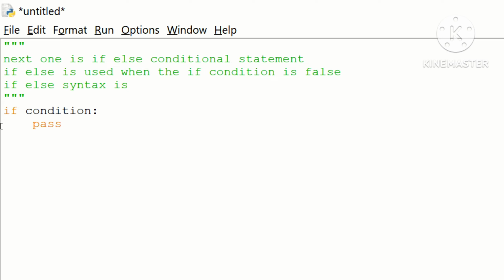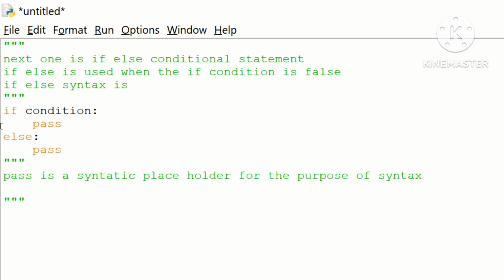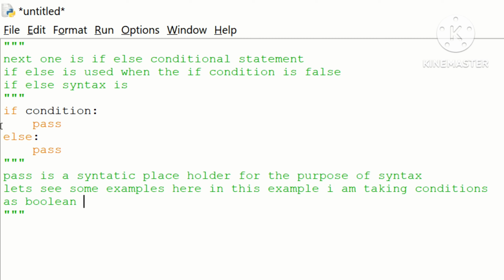Pass. Press enter. Else colon. Press enter. It automatically takes indentation. Pass. Pass is a syntactic placeholder for the purpose of syntax. Let's see some examples. Here in this example, I am taking conditions as Boolean values like true or false to